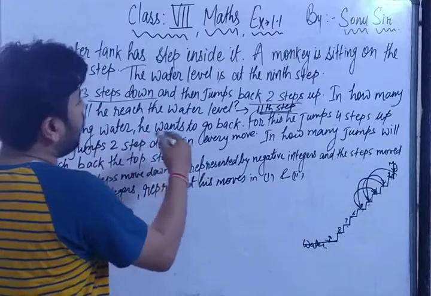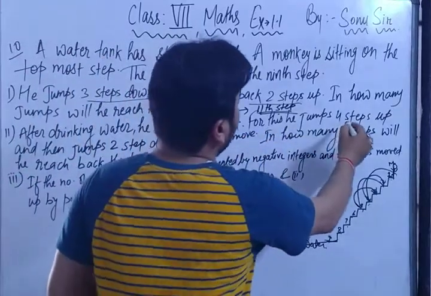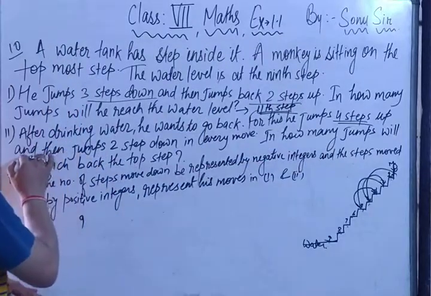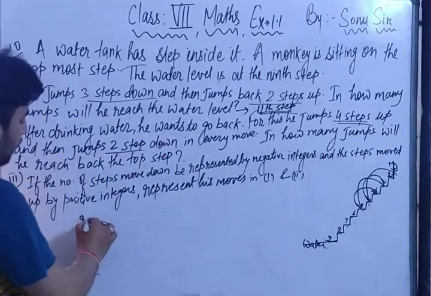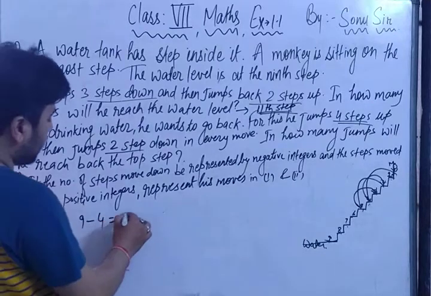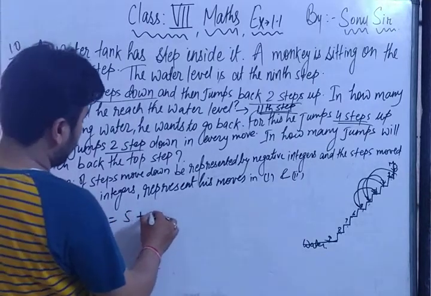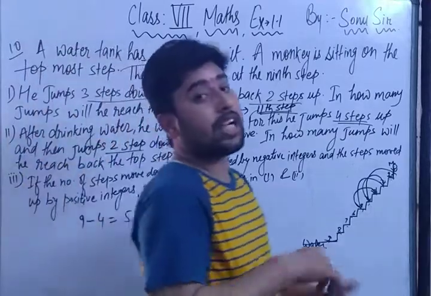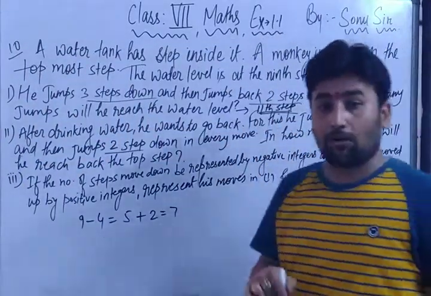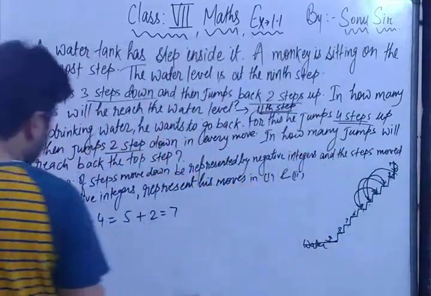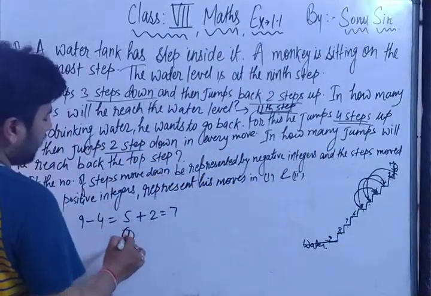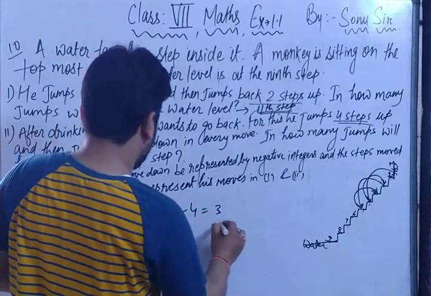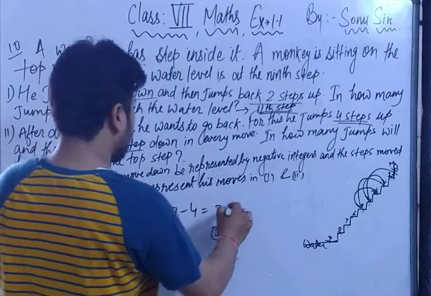After drinking water he wants to go back. For this he jumps 4 steps up and 2 steps down. 4 steps up means minus and 2 steps down. Okay, are you getting it or not? 4 steps up and 2 steps down. So this is the first step, 5, second step, 7, third step, 3, fourth step,